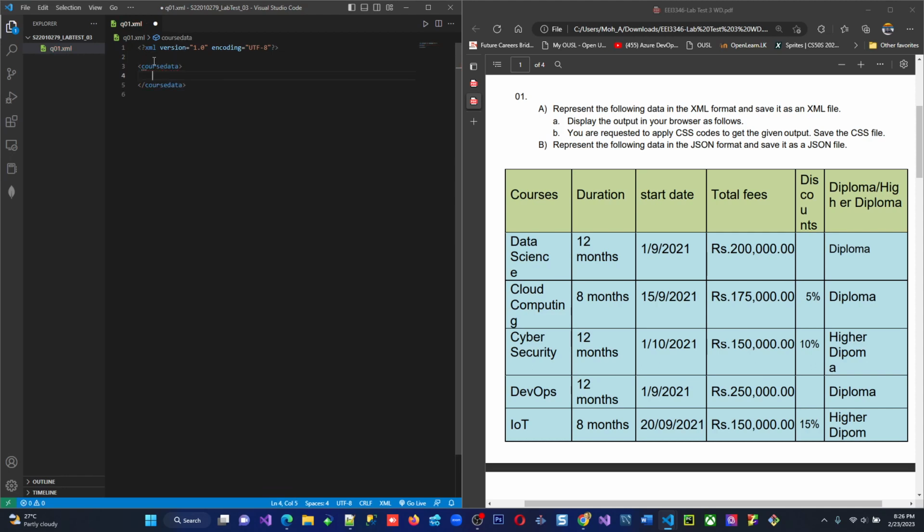This will be our initial tag. So we are going to wrap all the data inside this table, inside the course data tag. Let's call it the mother tag, for example. They don't call it a mother tag, but I'm just explaining so you can understand easily. So this will be the beginning initial tag in XML. Then you are going to write all the content and the columns and everything in this table inside the